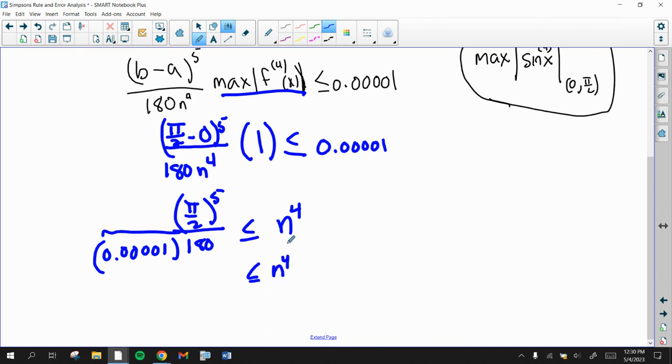So here goes in the calculator. I'm typing pi over 2 to the fifth. I'm going to divide that answer by 0.00001, and then I'm going to divide that answer by 180. And I got this huge, oh, I see what I did. All right, that's okay. I thought I did something wrong, but